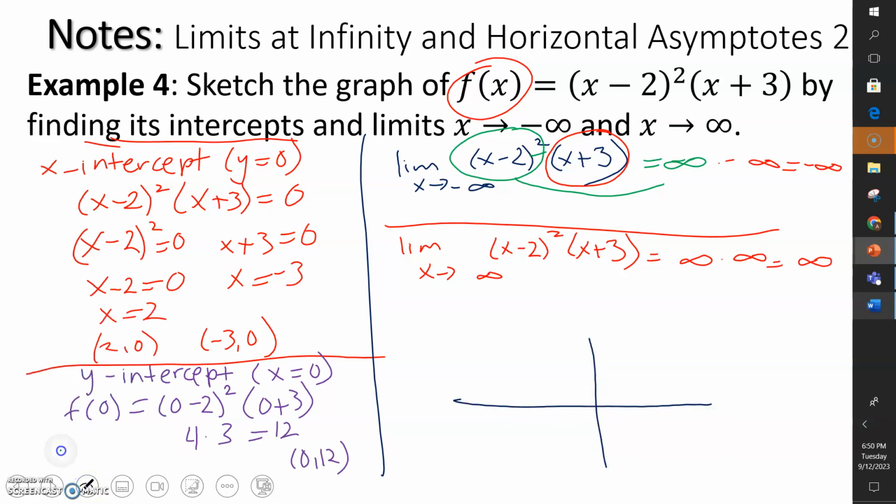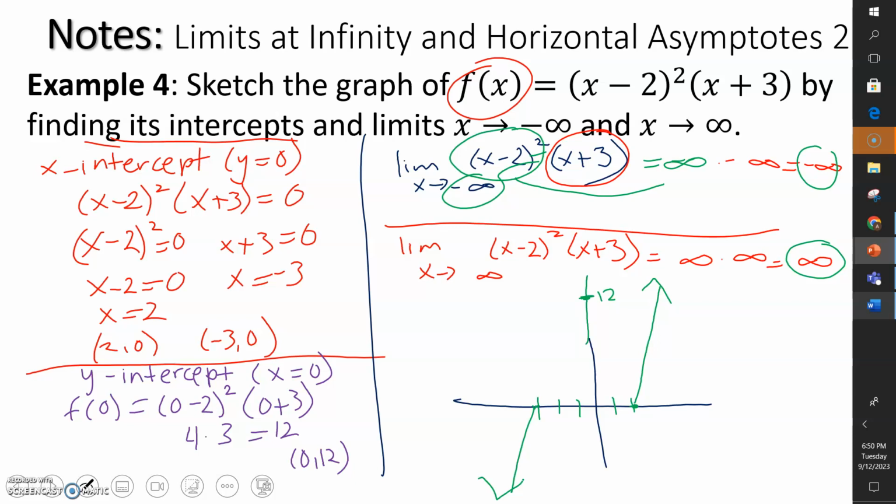We have an intercept at (2, 0). We have an intercept at (−3, 0). And then we have a y-intercept at 12. We know that our end to the right goes up and our end to the left goes down. So we'll start with those. And then we know that our function goes through